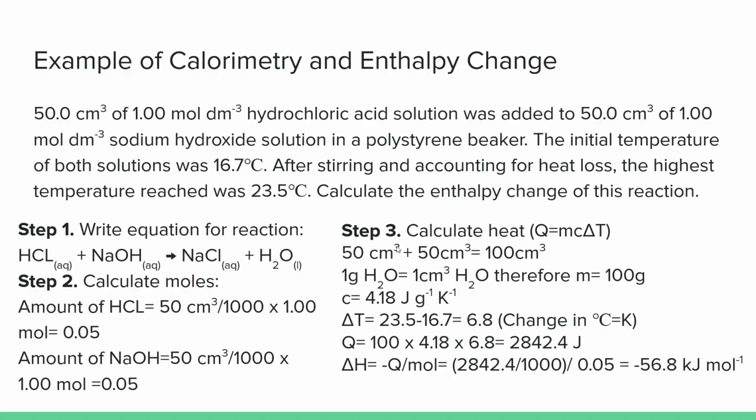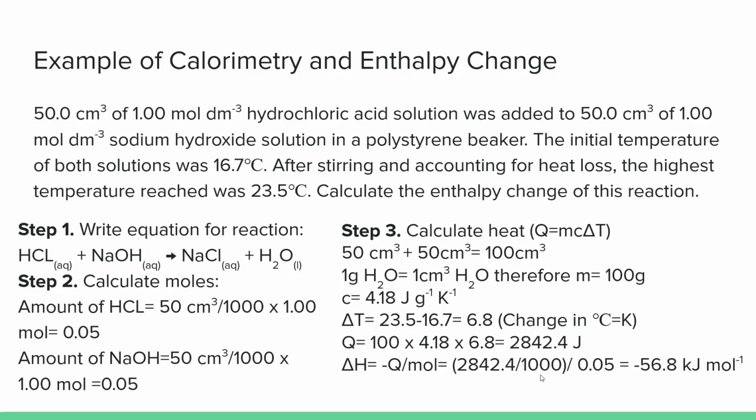Now we're going to plug this into our delta H equation, and we're going to have a negative Q per mole, because this is an exothermic reaction, because our heat increased. And so you're going to get 2,842.4 divided by 1,000, divided by 0.05. Remember, this divided by 1,000 comes from delta H is measured in kilojoules and Q is in